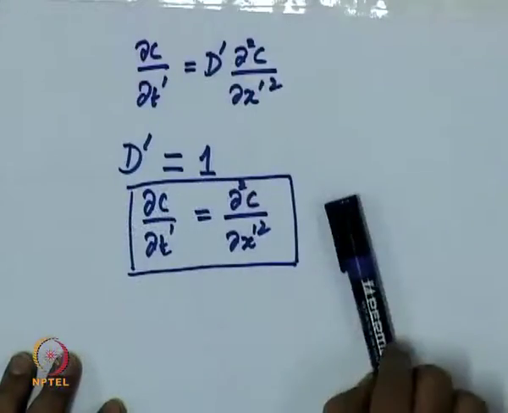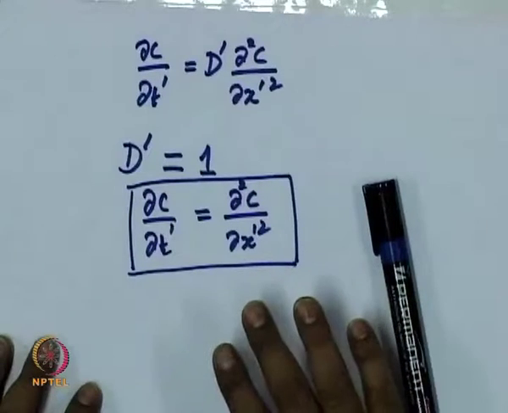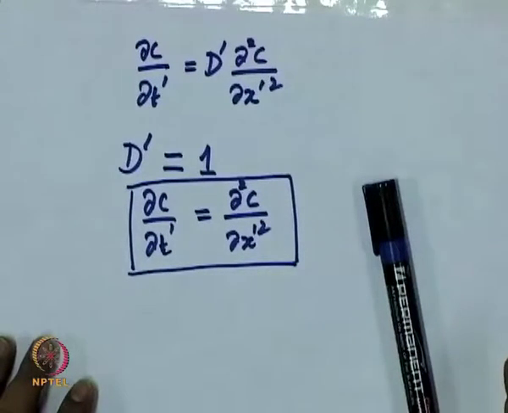We have done this for two reasons. One is, like I said, all the numbers lie between 0 and 100, and that is always preferable, because when we are doing calculations in the computer, carrying numbers like 10 power minus 6, and if it is meter squared per second, and suppose your diffusion distances are in microns and time scales are in seconds, then you will have quantities like for diffusivity 10 power minus 12. So, we do not want to have such very small numbers coming up in calculations, that is one reason.